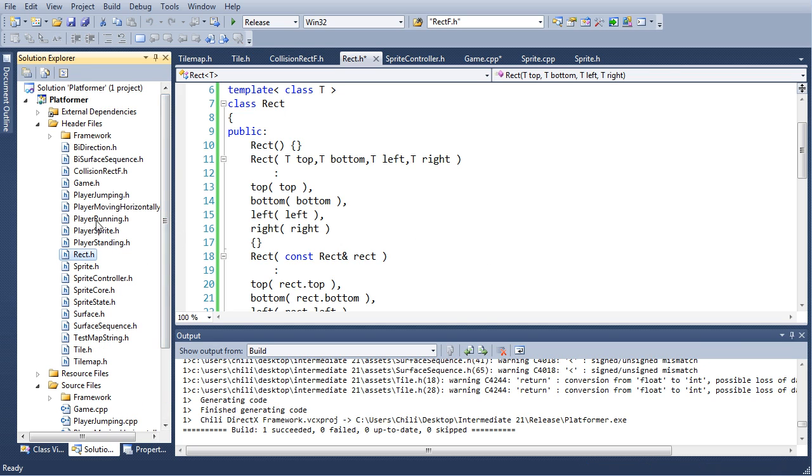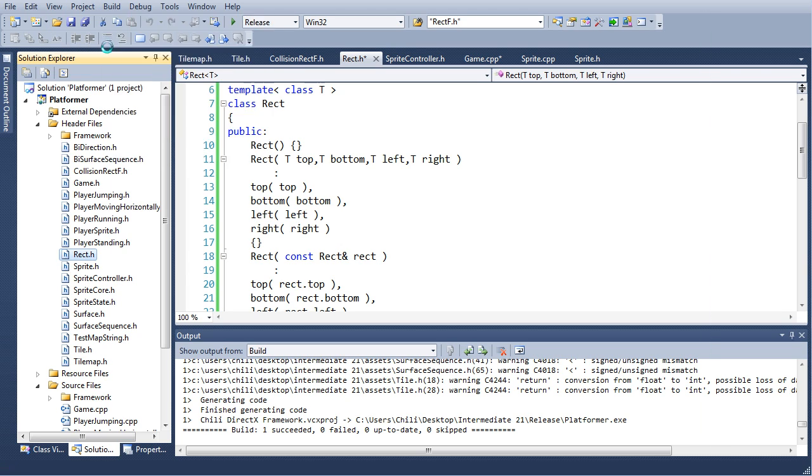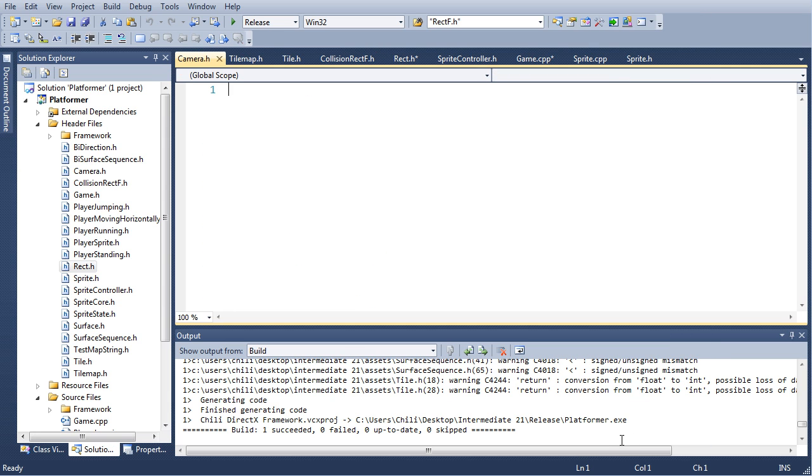Let's continue. So we need a new item. We're going to call it camera. Our camera obscura. Pragma once. I guess you want a hashtag there. Hashtag pragma once. What do we want here? Include rect